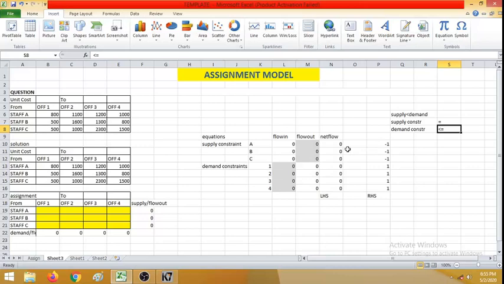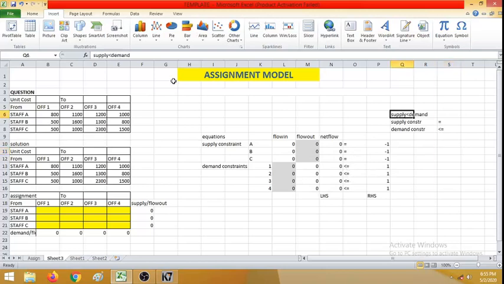Here in this case, you can see supply constraint. So the supply constraints are equal to. Okay, so LHS is equal to RHS, and the demand constraints are less than or equal to. Clear? Fine. Hope you can understand. So this is a case when supply is less than demand. Here you can see LHS less than or equal to RHS for demand constraints and equal to for supply constraint.